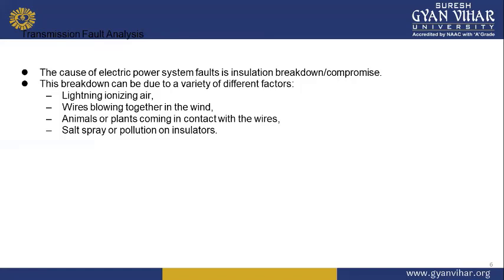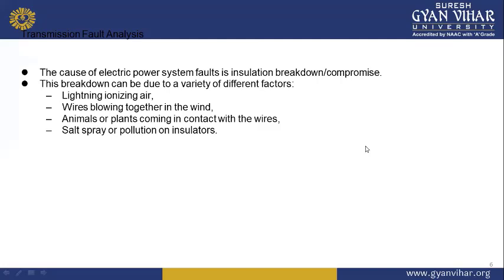Now the transmission line fault analysis. The cause of an electric power system fault is insulation breakdown, or the insulation being compromised. This breakdown can be due to a variety of different factors: lightning ionizing the air, wires blowing together in the wind, animals or plants coming in contact with the wires, and salt spray or pollution on insulators. For example, we have lightning ionizing the air, and when the air gets ionized,